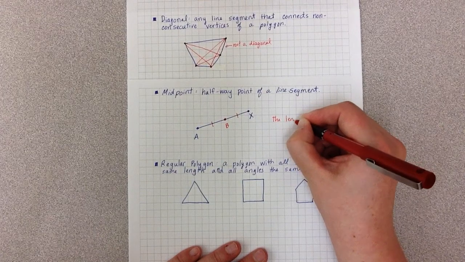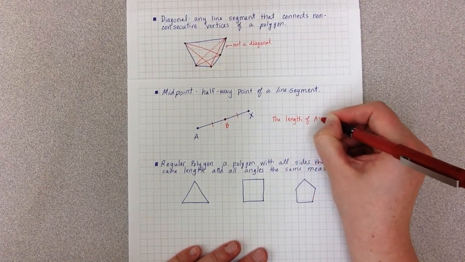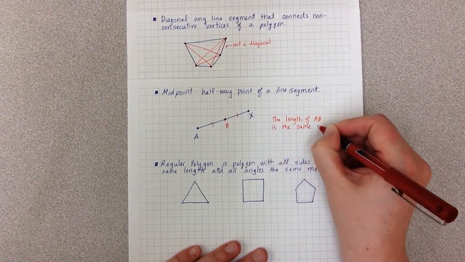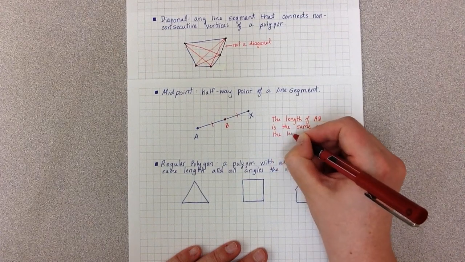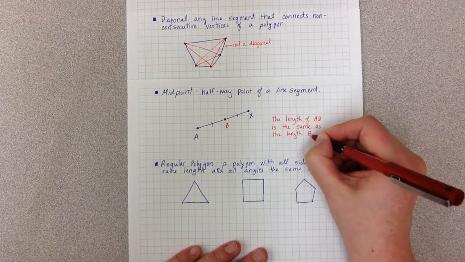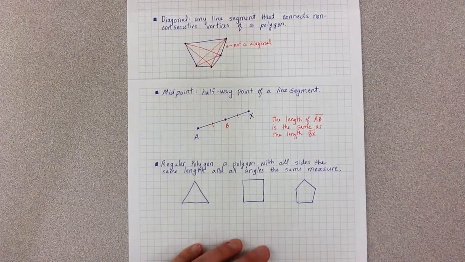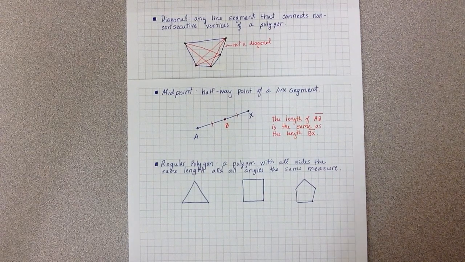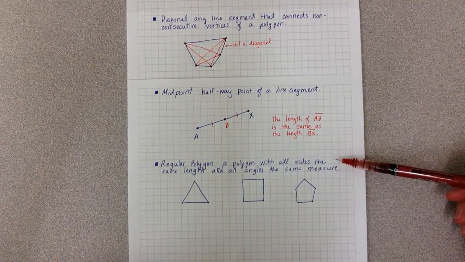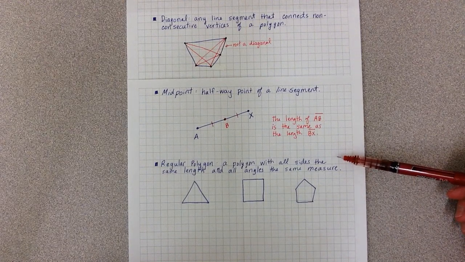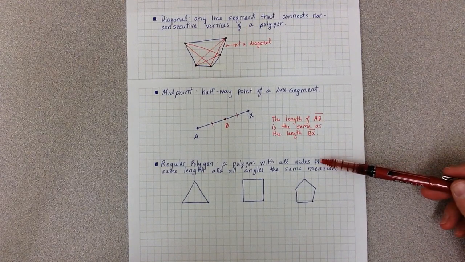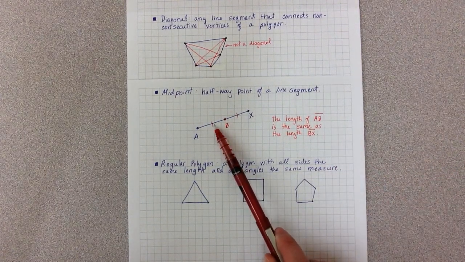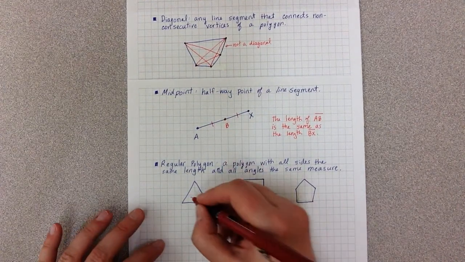So the length of AB is the same as the length BX. And since they're line segments, we'll put that lovely symbol on the top. Our last definition here in this section is about regular polygons. Regular polygons are special because they have all the sides the same length and all the angles the same measure. Just like up here in the midpoint where we said this was the symbol to say the same length, we're going to use that exact same